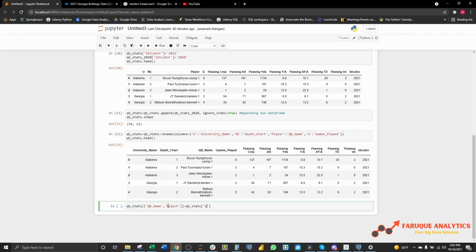And then QB. So now you're writing whatever the current name is. Even though they both match here, this has to match your already existing name. For this one I could have written anything I wanted, QB name, QB new name, whatever, but this has to match whatever you already have in your data frame. So QB name, and then we're going to use the split